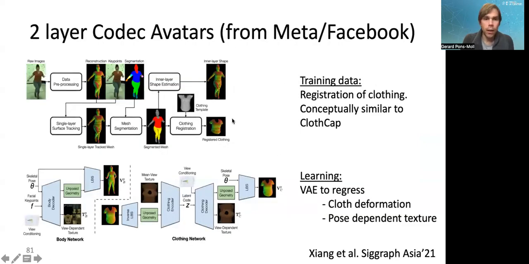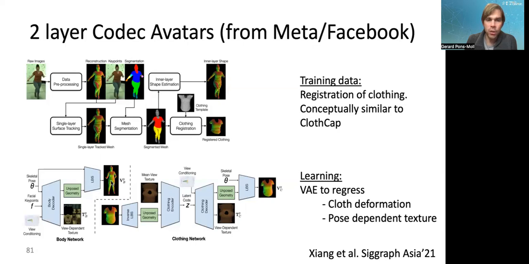All right, so then we have, for example, from Meta and Facebook, a model that is also based on vertex displacements and a representation that is similar to ClothCap. Here they basically obtained multi-layered registrations using a pipeline that is similar to ClothCap, where they estimate these different garments layered on top of the body. And then using these multi-layered registrations, they train a neural network that essentially